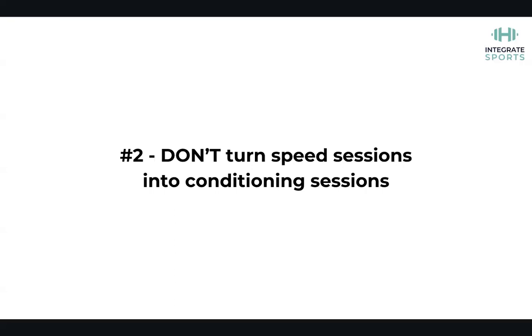The second one is don't turn speed sessions into conditioning sessions. It's the same principle as I've mentioned, but rather than doing high quality speed work with large rest periods, what I tend to see is people doing sub-max running with short recovery periods. And that approach is fine if you want to get yourself more conditioned, and depending on the outcome you're trying to achieve here, whether that's improving your aerobic capacity, improving your repeat sprint ability, whatever it might be, they might have a place. But if you really truly want to get quicker, then you have to be doing high quality speed work, which means